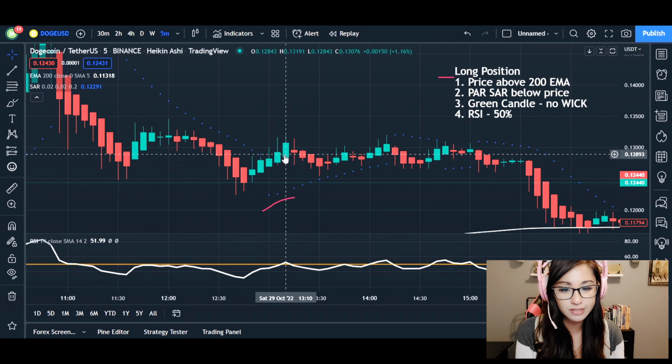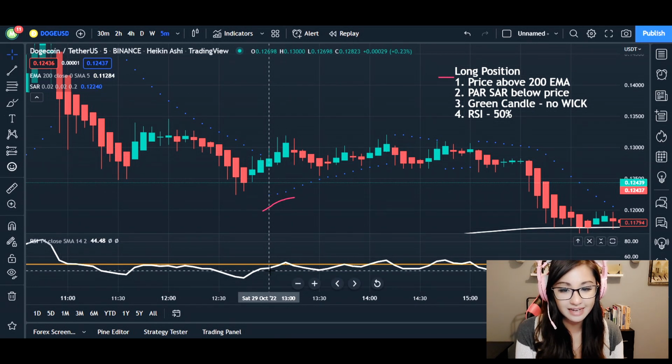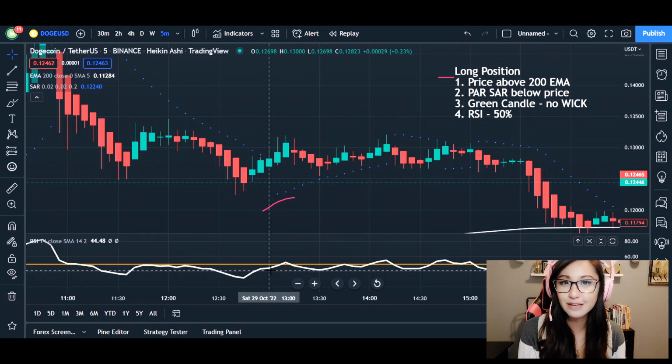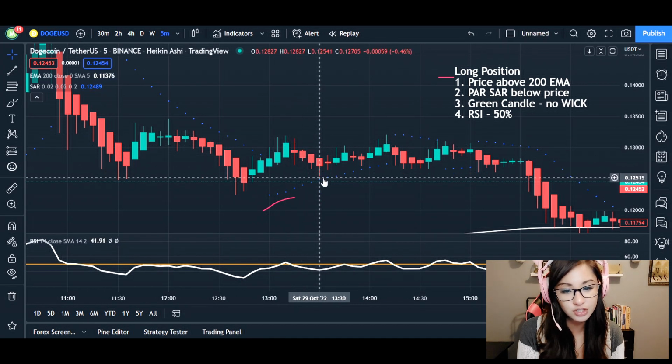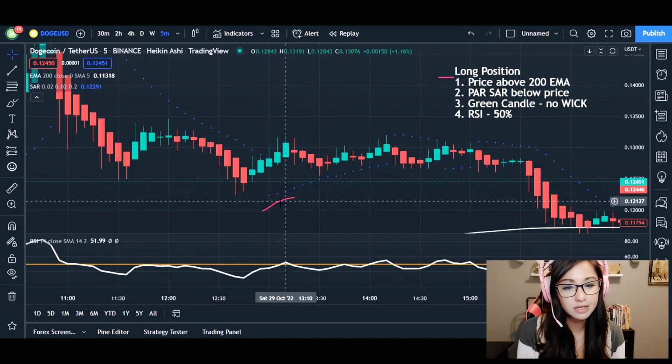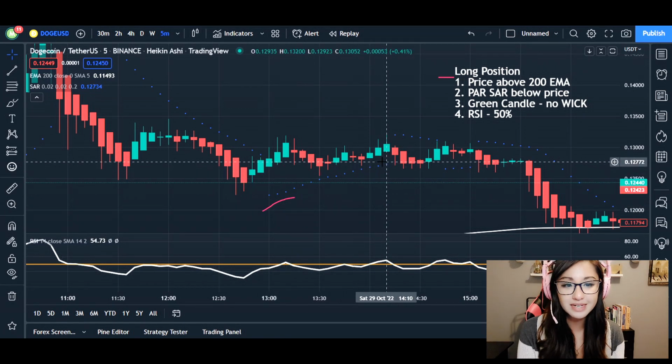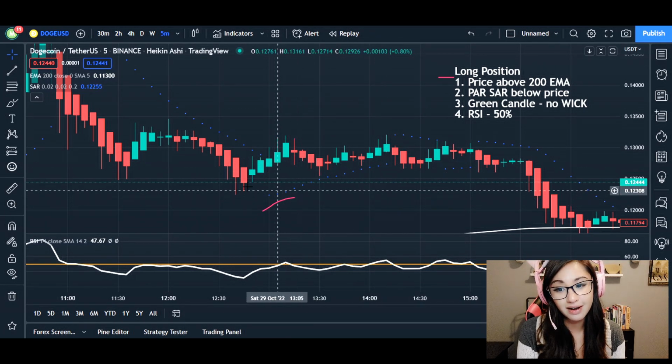10 minutes goes on. The RSI again was only at 44%. It's only 6% off from 50, but we wanted to ride it and see if it does go over 50 in hopes for a breakout. Instead, it went up for 10 minutes and then it crashed down. So even though the Parabolic SAR says this is a buying opportunity, it is really not